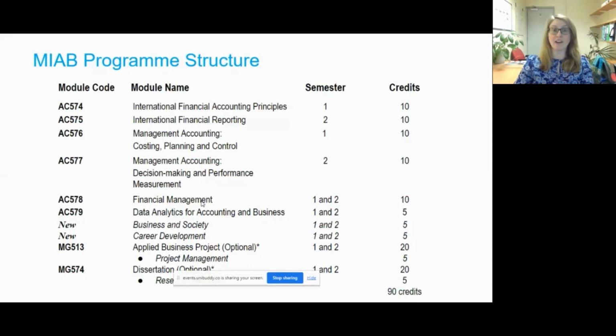Again, very important, these are the tools that you'll need for your accounting career. And you also do data analytics, which is another year-long module, and you are with the other accounting master's students for this as well. So this is a really technical, challenging, but very important and modern module that you need for the